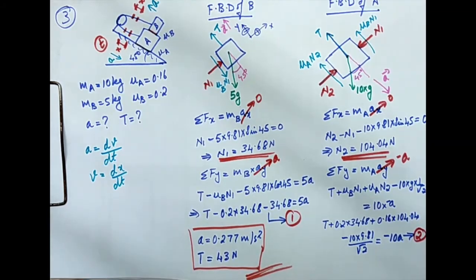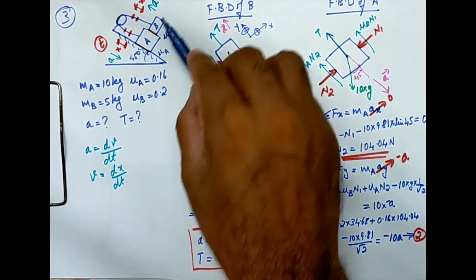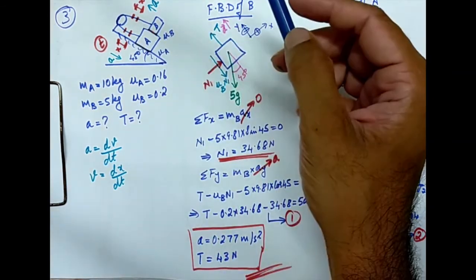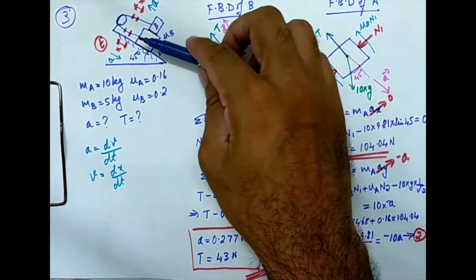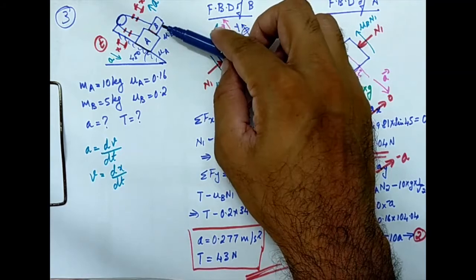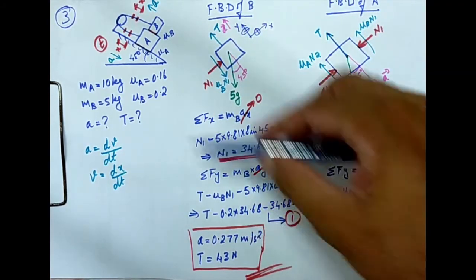This is the final solution expected from this problem. The acceleration of block A and block B is 0.277 meter per second square. The tension in the cable is 43 Newton. This acceleration, you should remember, has the same magnitude for both, but the directions are different. For block A, this 0.277 meter per second square is downward, and for block B, 0.277 meter per second square